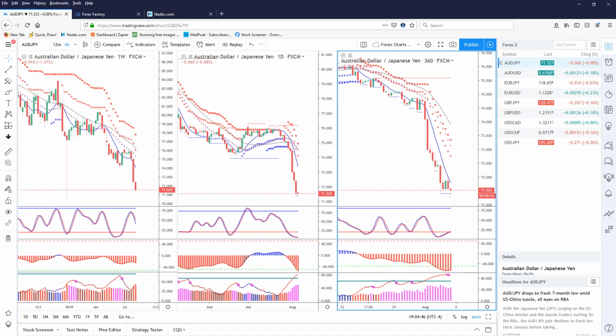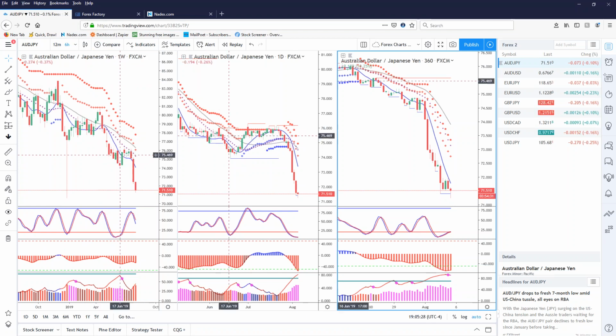Now, we're going to start with the Aussie yen, and this is something I want to point out, because when I say Japan is not going to allow their currency to go too far up, when you look at this chart, well, it's falling. The Aussie against the yen is falling. Do y'all understand that? So as long as this is falling, that means that the yen is gaining strength because this is two currencies. It's the Aussie dollar and the Japanese yen. The Japanese yen is the second one.